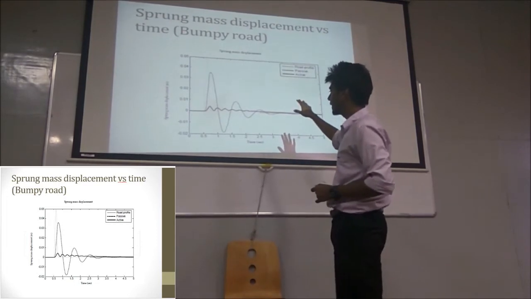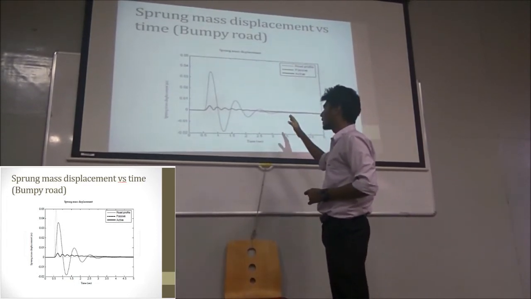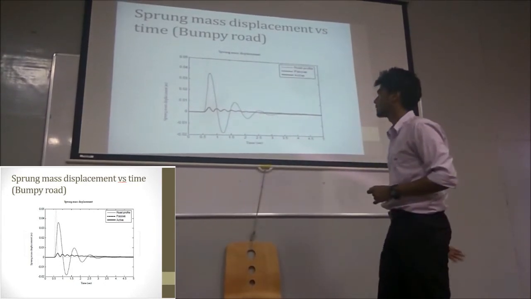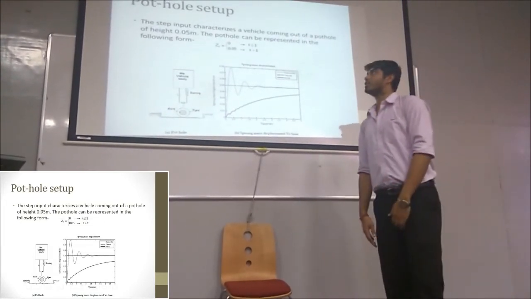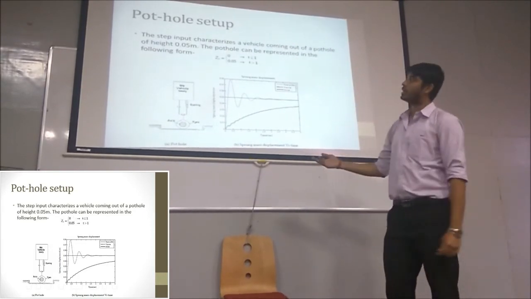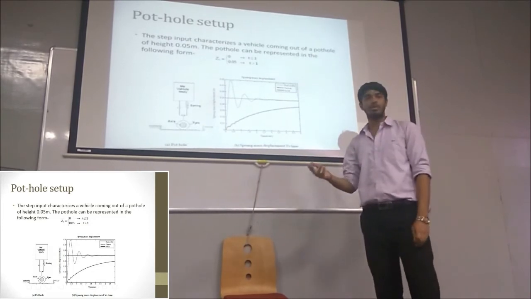There is more displacement, and more time is taken to disperse the vibrations when we compare it to the active suspension system. As my friend Aditya explained the simulation of the bumpy road, I will be explaining the simulation of a pothole in MATLAB. So we took a function of ZR again with a constant pothole for 1 second